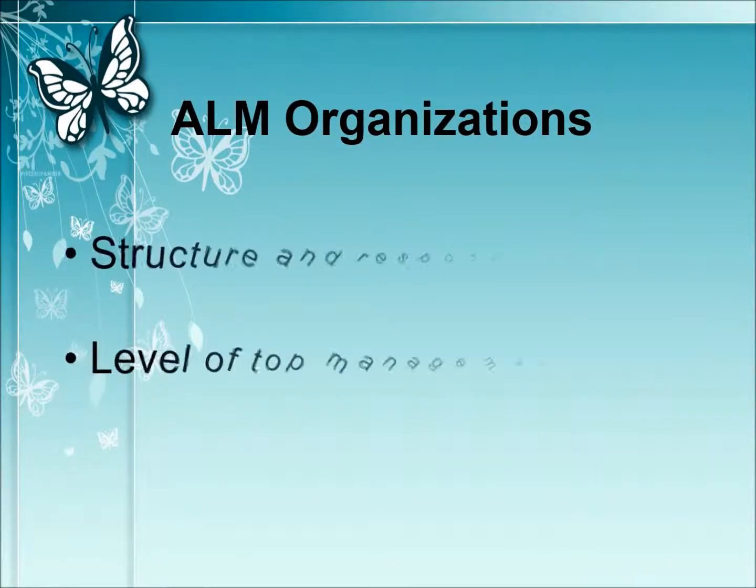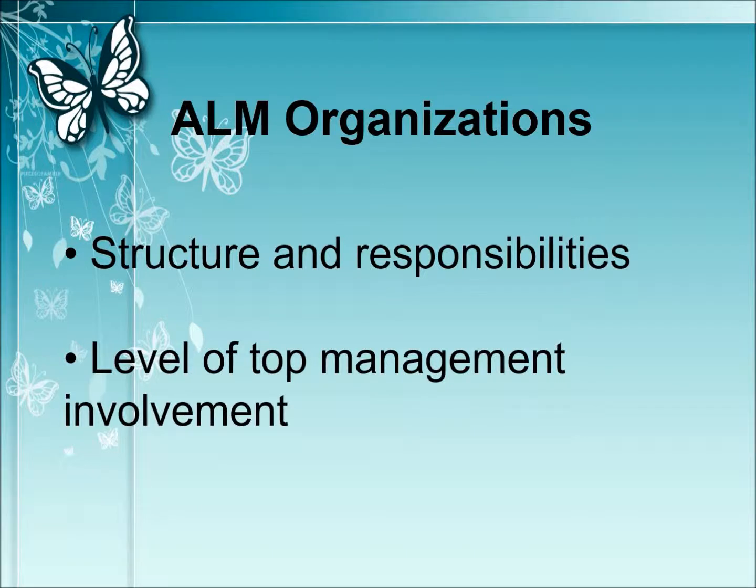ALM organizations. The board should have overall responsibilities and should set the limit for the liquidity, interest rate, foreign exchange, and equity price risk. The Asset Liability Committee, also known as ALCO. ALCO, consisting of the bank senior management, including the CEO, should be responsible for ensuring adherence to the limits set by the board. It is responsible for balance sheet planning from a risk, return perspective, including the strategic management of interest rate